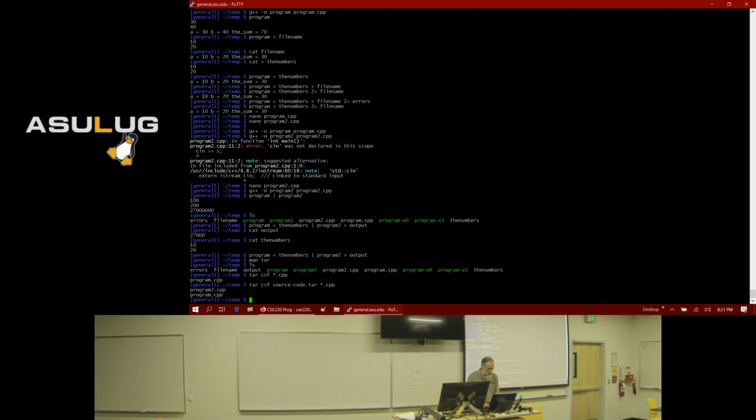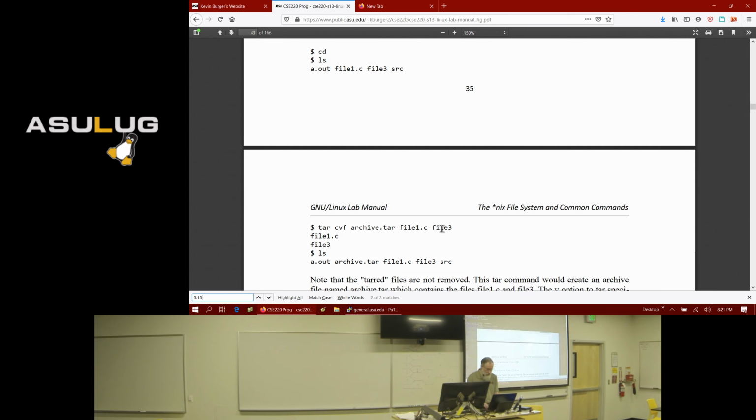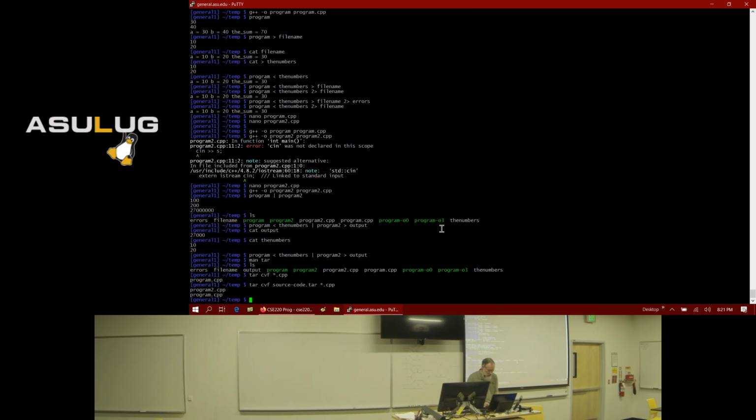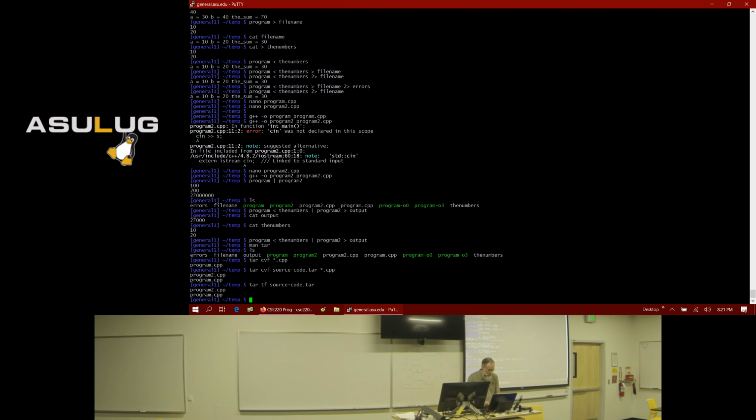So now, with tar, you can do a, I think it's t. Yeah, t. t stands for table of contents. If you do tar tf and then give it the tar file name, it'll list the contents, what files are in the tar.